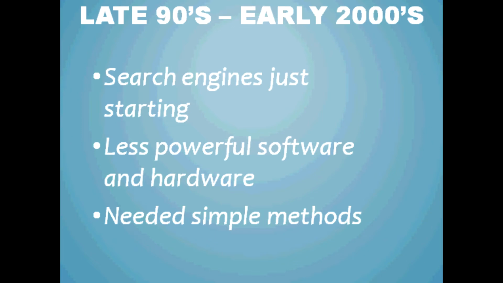So the technology available to everybody was a lot less sophisticated, so search engines needed very simple methods of ranking websites. And an easy one was keyword density. If you're trying to figure out what web page is a good result for the query baseball, an easy way to do that would be to look for a page that has the word baseball written all over it. And it worked for a while until people started to realize that there was a lot of value to be had from search engine traffic.